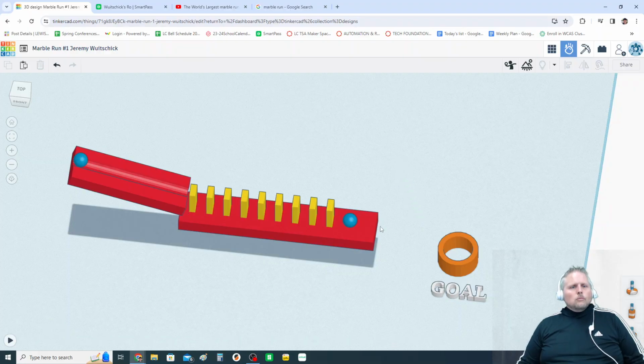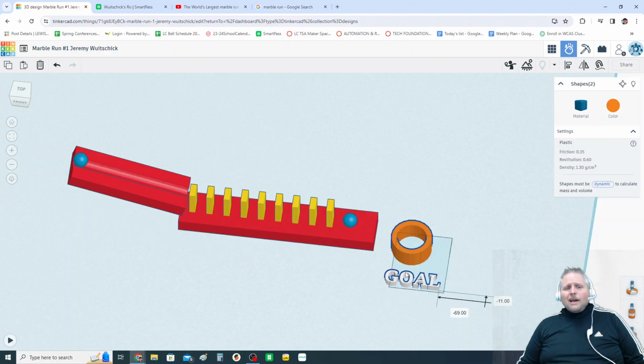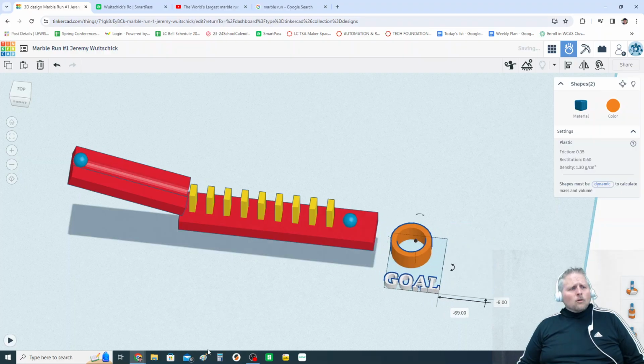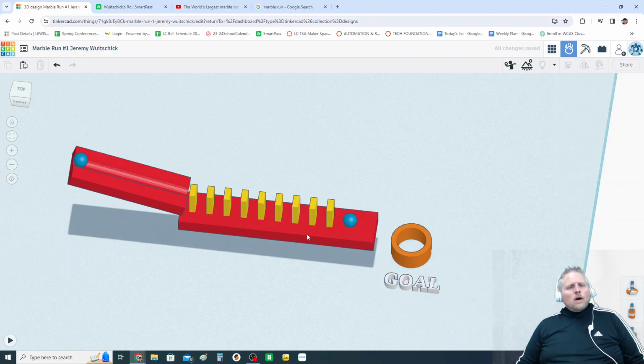You could move the ramp. You could move this stuff. So it might not always go right in there right away. But when you have a ramp with a groove in it where the marble goes down, it hits dominoes, and the dominoes knock another ball in here, that's when you're going to raise your hand